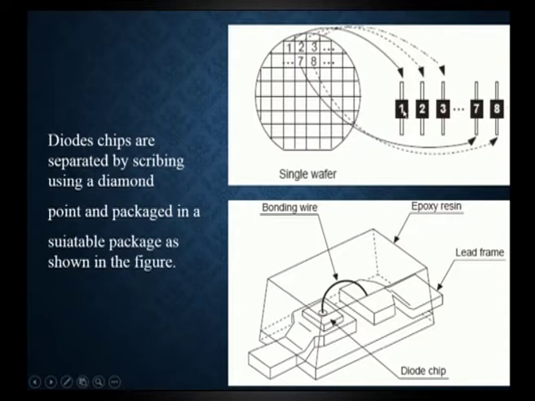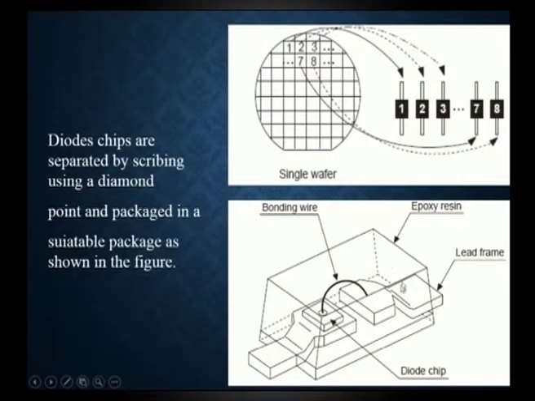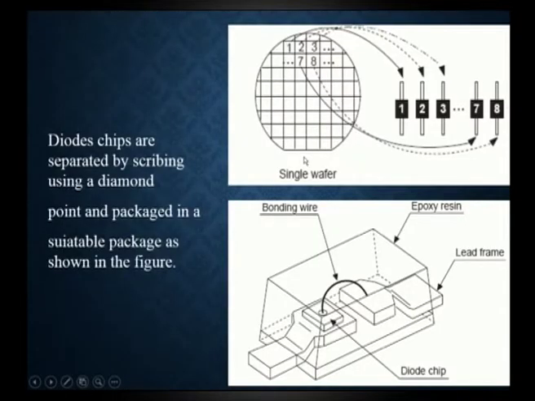Inside this there is a silicon material. This has to be packed because the silicon should not be damaged. The packing will usually be epoxy resin, the box, and inside this there is a lead frame that comes out of the box. This is a metal contact, and the diode chip is connected by a bonding wire present inside. So, this is how the diode looks usually in a laboratory, and also the process behind the fabrication of the simple diode and the different characteristics that we studied in the previous session, everything is linked together.